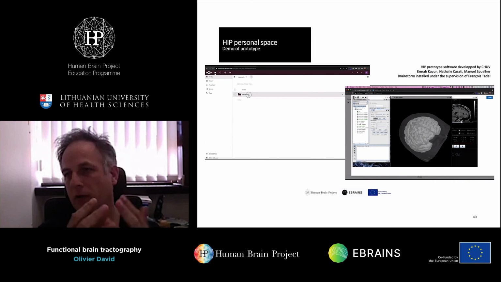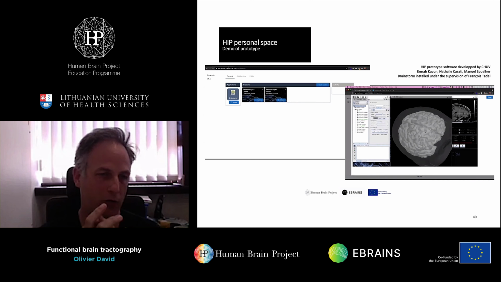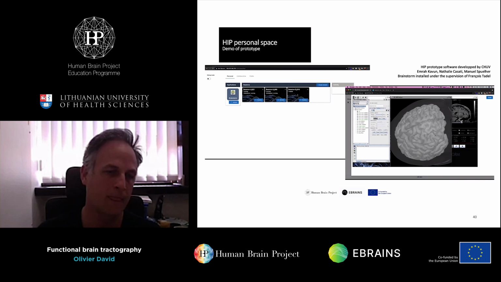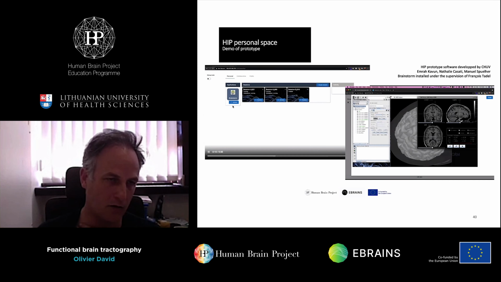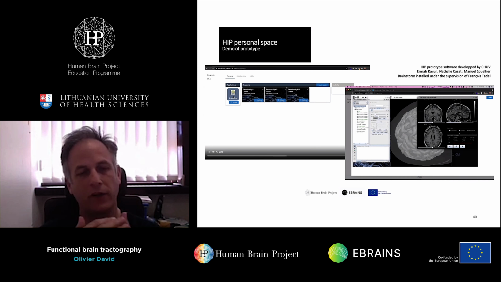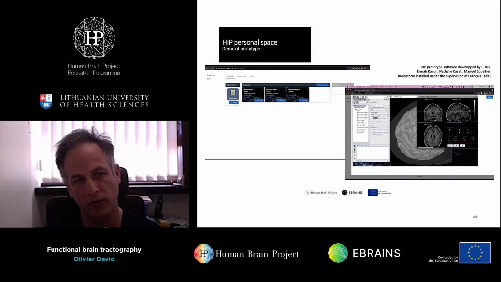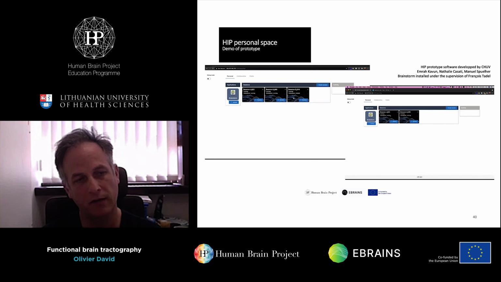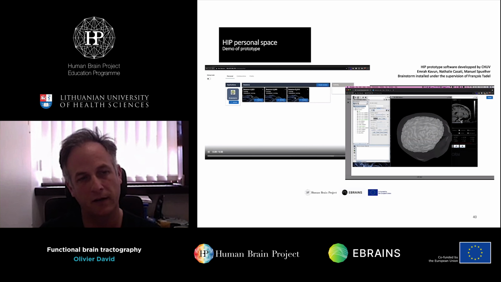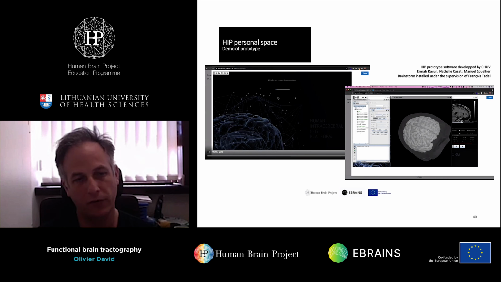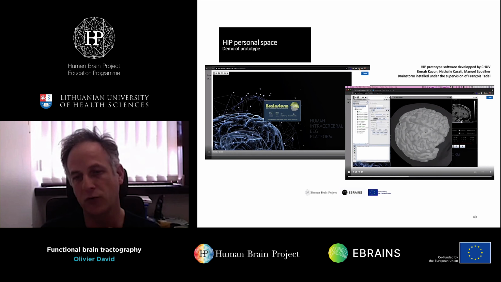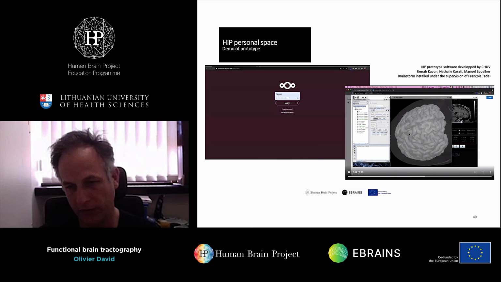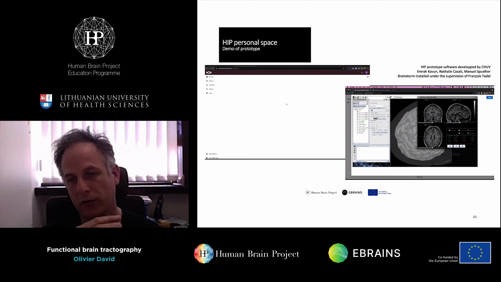So basically, you connect with a login onto a website, and on the website you can explore your data. And on this figure, you see on the left all the applications that are installed onto the HIP, which is basically open source software dedicated to SEEG analysis. For each software, you can start virtually different sessions and process your data. When you click on a session, you open the software. So here it is the example of the Brainstorm software, and you can use this software as if it were deployed on your local computer, but it is remote.